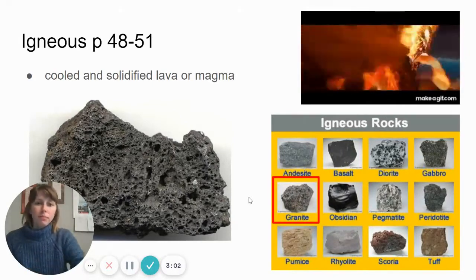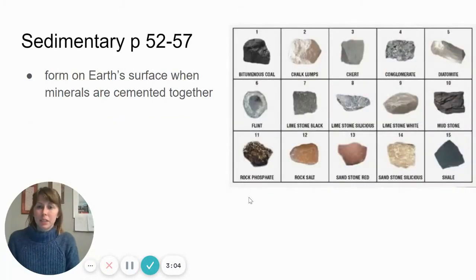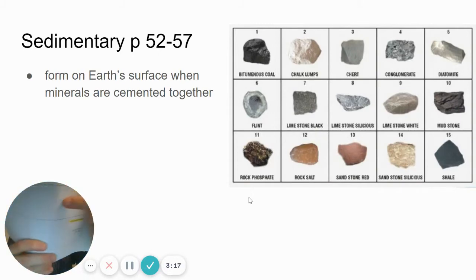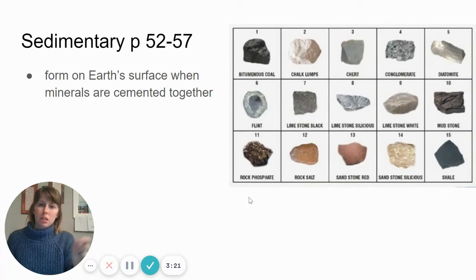Okay. The next kind is sedimentary, and so this is on pages 52 to 57 in your book. They form on Earth's surface when minerals are cemented together. That's kind of the basics. Write small in here. If you want to write that here, you're going to have to write a little bit more for this than the last one. So most common,